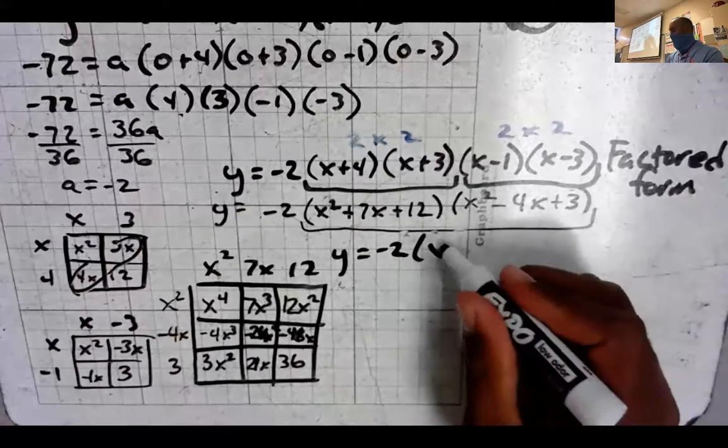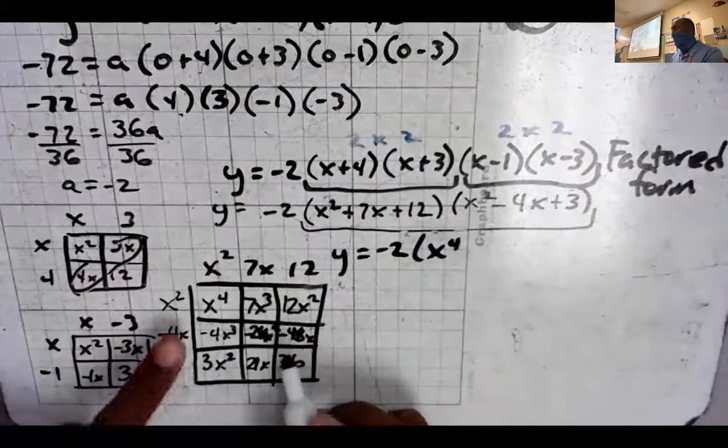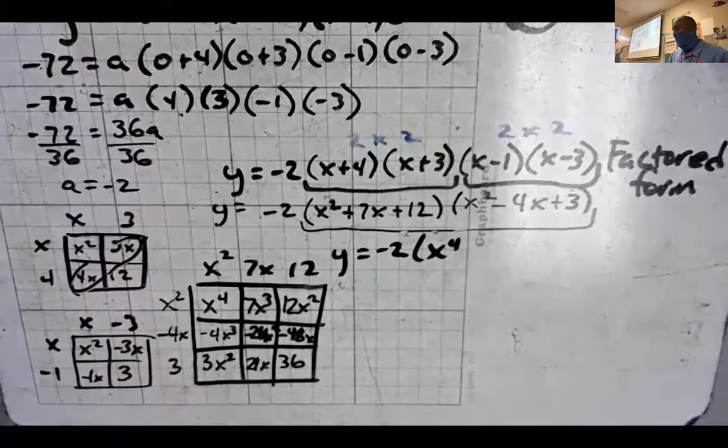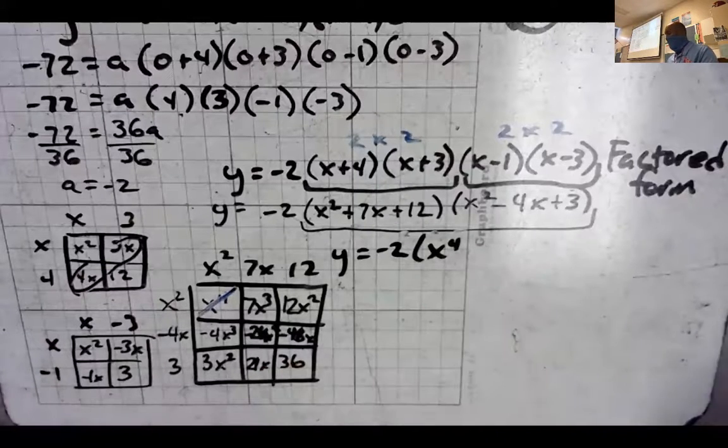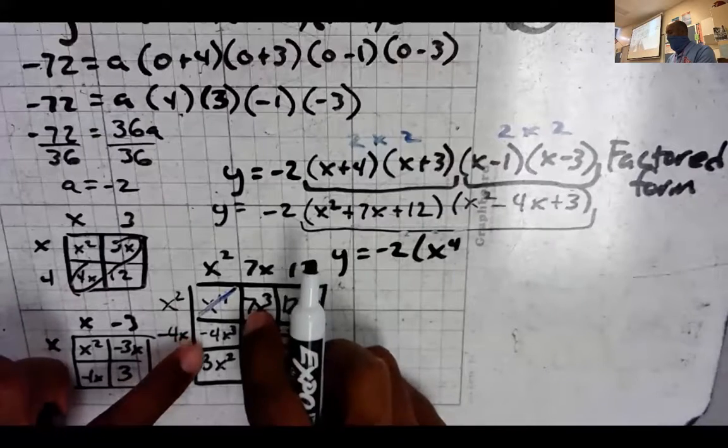X to the fourth. Remember, start with the biggest exponent. Now that's the only x to the fourth one in there, so there's nothing to add. What comes next? X cubed. Now remember, combine the like terms like in this step. That way you don't have to write out every single one. So 7 minus 4,